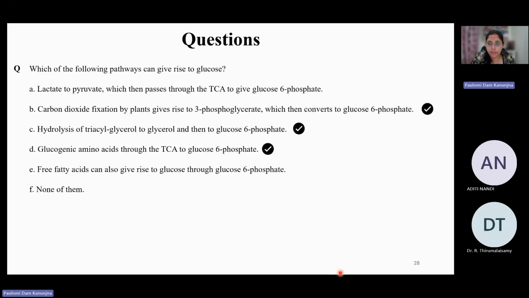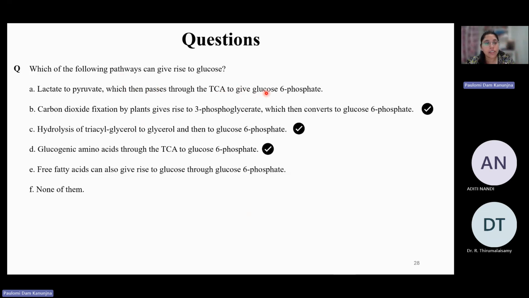Okay. Let me give the answer. C, D, most of you got it right. B also, I think one of you answered correct. A is incorrect, and E also is incorrect. Let me show you how. Okay, so it says lactate to pyruvate, which then passes through the TCA to give glucose 6 phosphate. Well,